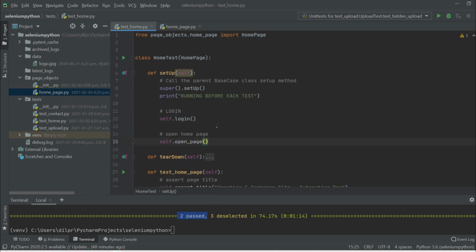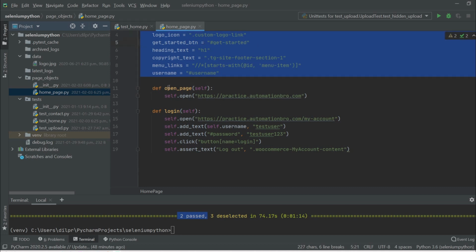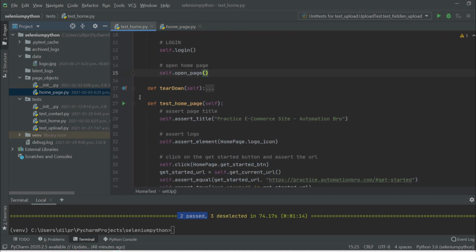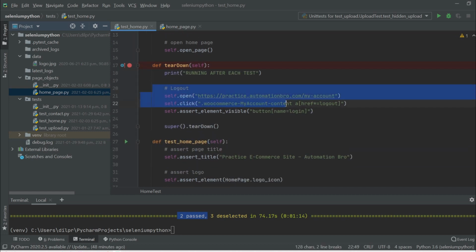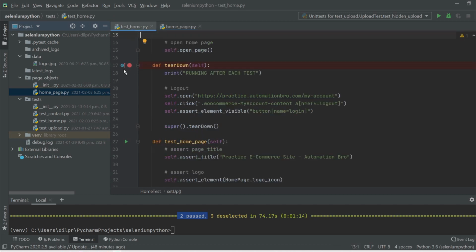So to quickly review, what we did was we created a new page object directory, and in that we created our homepage class where we stored all our selectors right over here, and then we reused them in our test. And after that, we also created our helper methods, which were our open page and login method over here. You can do the same thing for your teardown as well. You can basically store the logout that we did over here, store that in your actual test, like over here, and then you can call it by doing self.logout. So give this one a shot.